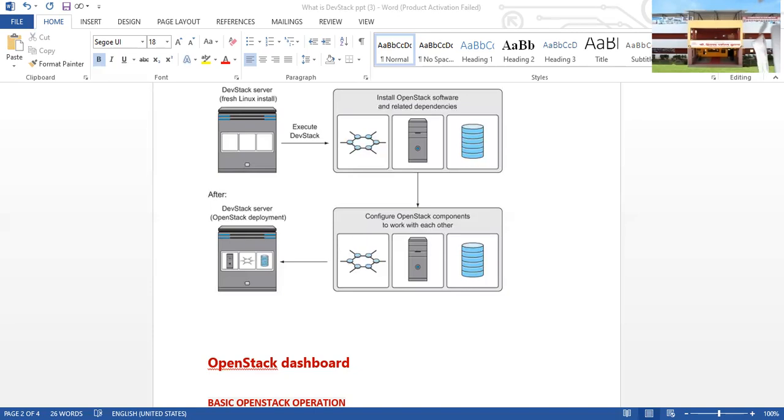When creating a server for your DevStack deployment, you will want to start with a fresh install of Linux. That will ensure that dependency conflicts are avoided altogether. I recommend using Ubuntu 14.04, which is one of the most widely documented and tested Linux distributions for working with OpenStack. On the login page, enter your username and password and click